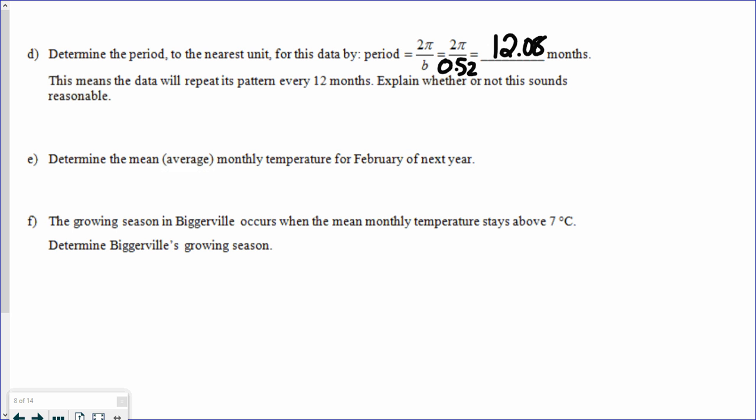So the next question says determine the mean. Again, the word mean means average monthly temperature for February of next year. February of next year, I don't remember which way I did this, and again, I don't have a calculator with me today. I think what I probably did was when x is equal to 2, because February,